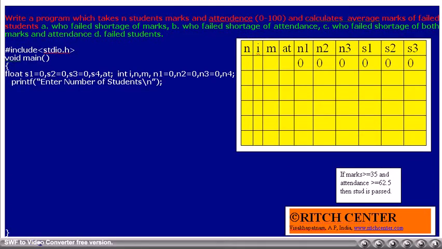The user interface statement printf asks the user to enter an integer. The scanf statement reads the integer from the user and stores the same in the variable n. The while loop is written in such a way that it will run exactly n times. The while control I is equal to 0, while I less than n, I plus plus makes the while loop get executed exactly n times.